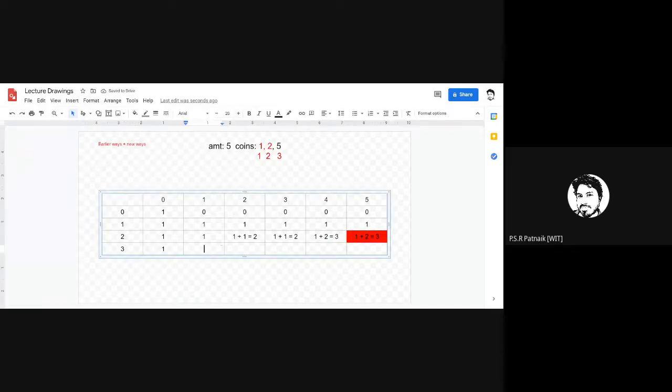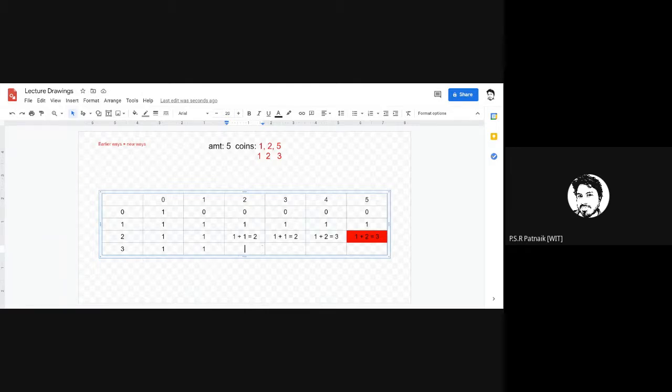So once again, what will be the solution? By using all the coins from the first index till the index 3. I mean, now we are considering all 3 coins. In how many ways can I do this? This is one. Now let us see here.